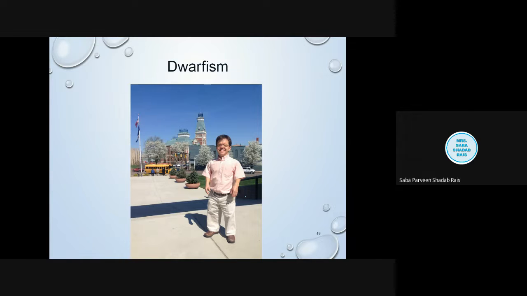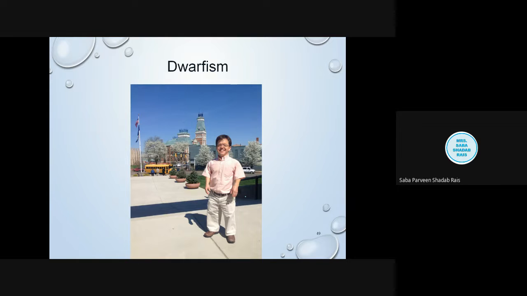In the majority of people, not in all cases, you will find that some dwarf people are very dwarf, so definitely they will have the trunk size of a baby even in adult age. But in most cases, you will observe that they have the average trunk size. Then they have short arms and legs, with particularly short upper arms and upper legs. Short fingers will be there, often with a wide gap between the middle and ring finger, you will observe. Then limited mobility at the elbow, they cannot move the elbow very much.